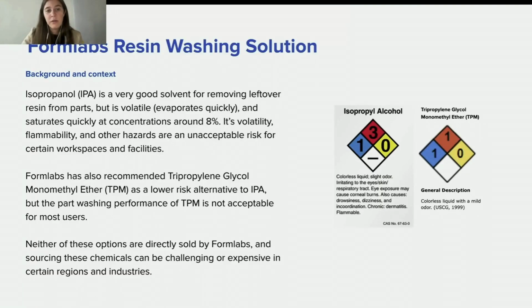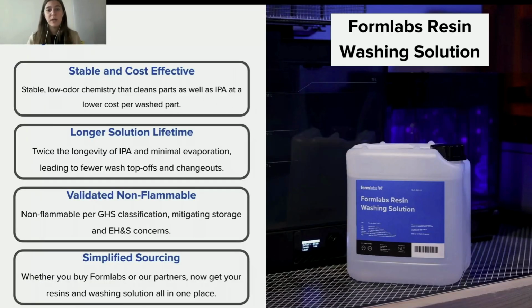So this is a new solvent brought by Formlabs with the objective of actually solving some problems that IPA or TPM have. One of the things that happens is we know IPA is a very good solvent and still needed for biocompatible resins. So this washing solution won't substitute the post-processing for biocompatible resins. But we know that IPA is a good solvent, but it's volatile. It has, let's say, a risk of being a flammable material and other hazards. And that's how the Formlabs resin washing solution